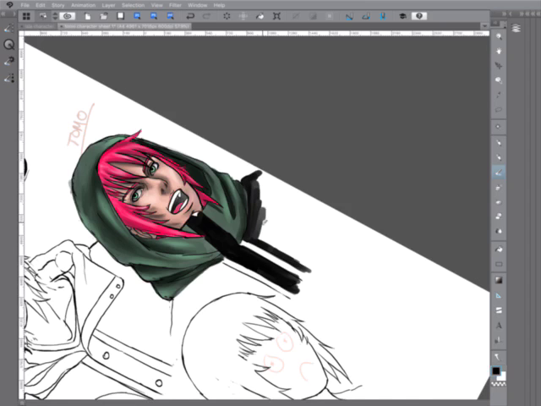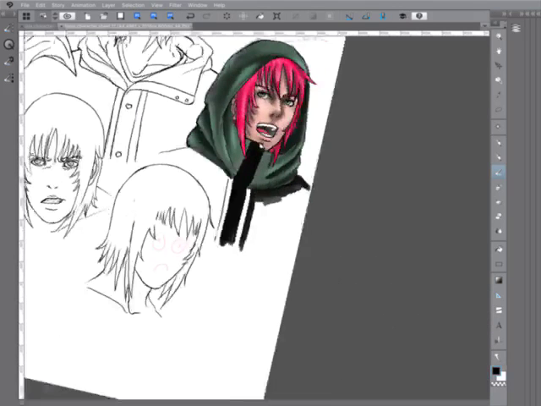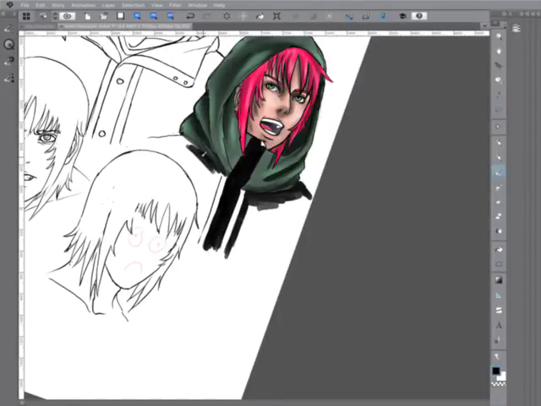The main focus is just getting your characters out of your head and fleshing them out as much as you possibly can. Otherwise, you're just going to be spinning your wheels.